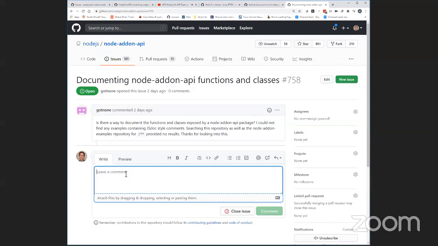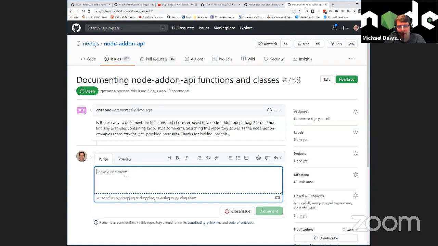But I'm not sure that that's what this is asking. I think this might be asking, I've created a package. Is there any way to document what it exports? I don't think it was asking about documenting the Node.js API itself, but say the package exports 2 or 3 things. And that's a bit different.